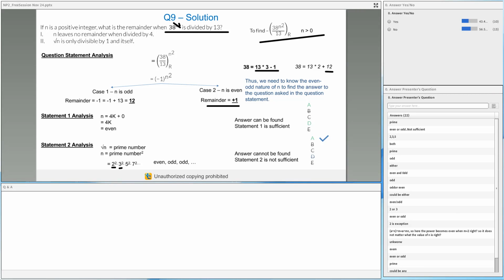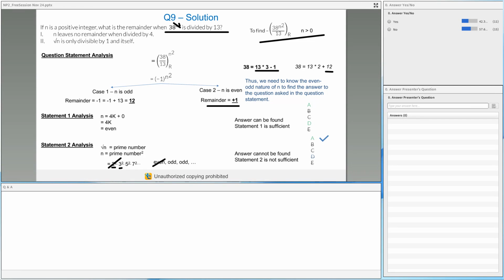Now let me tell you one thing which will make you think twice before marking the answer as D. Those of you who by mistake forgot about 2, you only thought, okay, n can be 3 or 5 or 7, or n can be only odd. Now if n would have been only odd, what would have been your answer? The answer would have been 12, right? Those of you who thought about prime, fine. Now, if you did not, then obviously there's a problem with your inference. You need to learn how to infer these things, because if you cannot, you'll make a mistake.